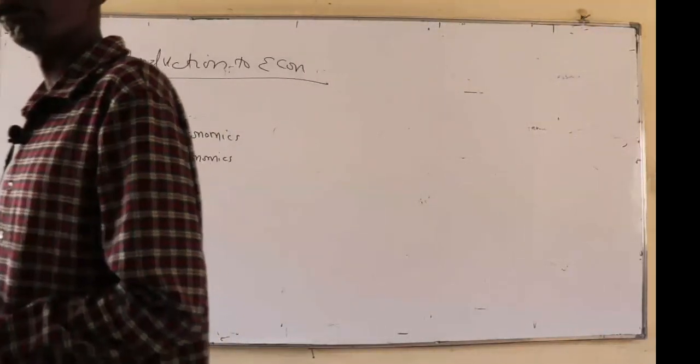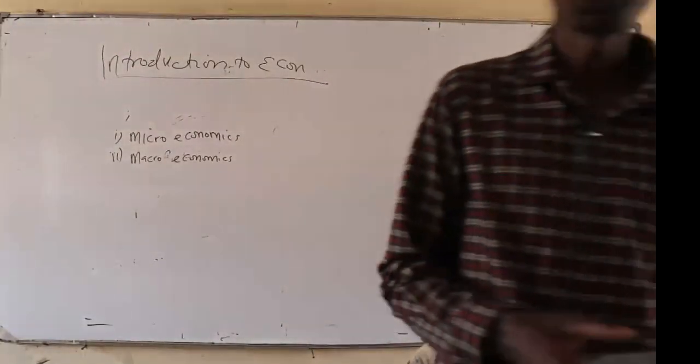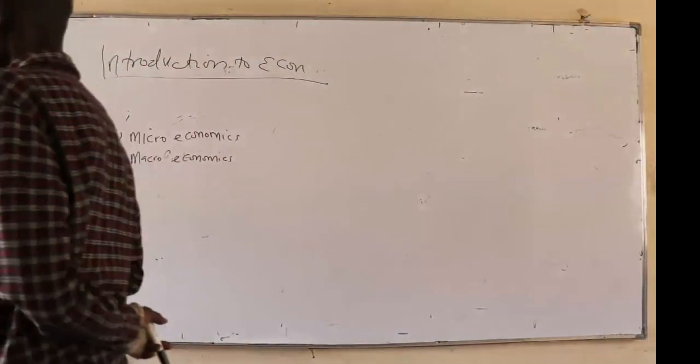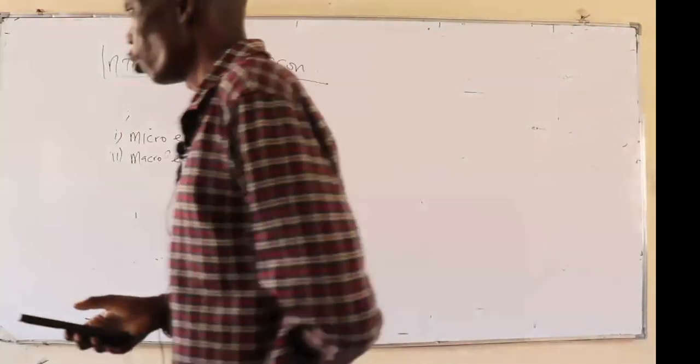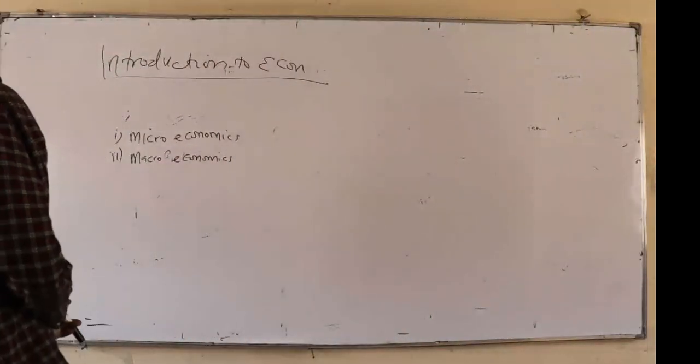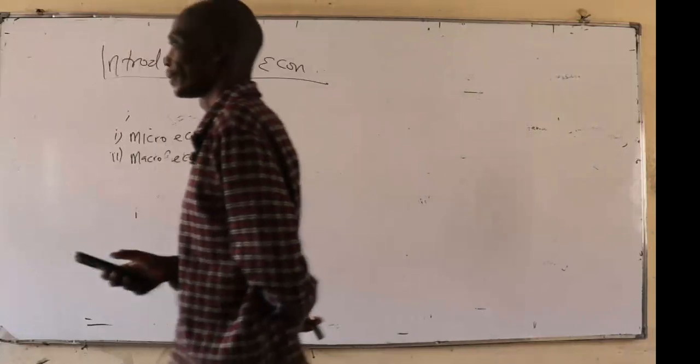What to produce? Remember, what is it that you are to produce as a producer, taking into account the resources that you have? And how are you going to produce it? How simply means it's the question about the combination of the inputs, the capital, the labor. How do I combine the capital and labor for us to be able to produce whatever I'm going to produce? And for whom to produce? Whatever you are producing should be destined to the market. So if you produce a product that has no market, then you may go into loss as a farm.